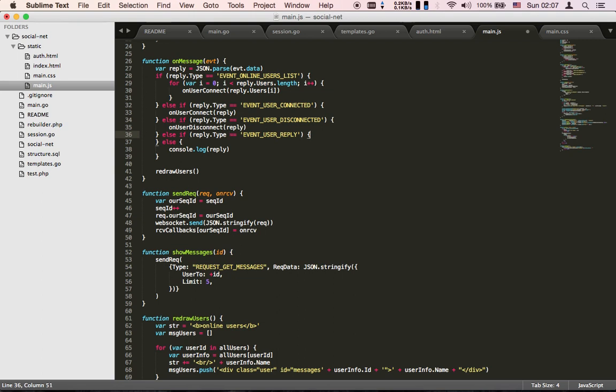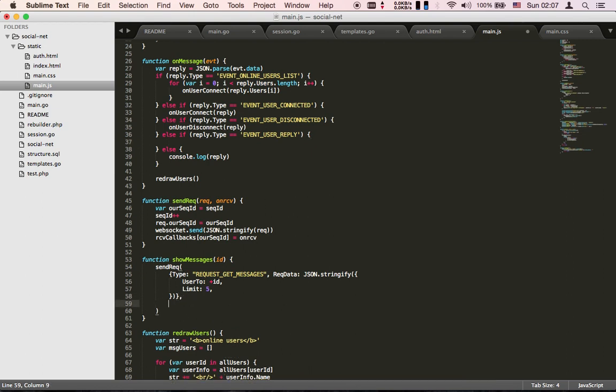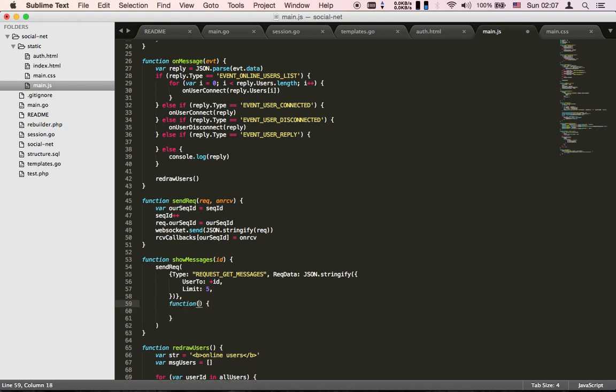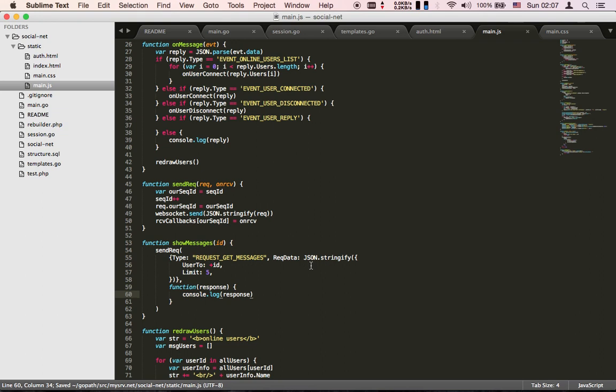So what we could do is call some callback that actually wasn't specified here, function with response,